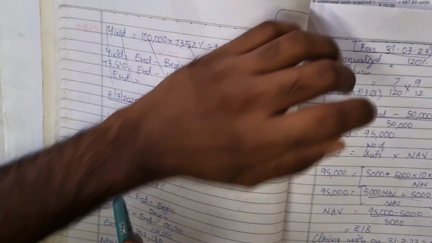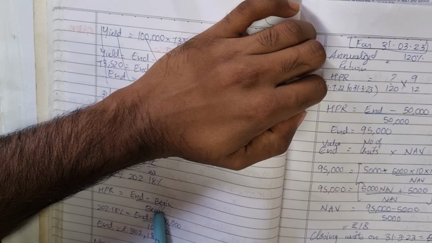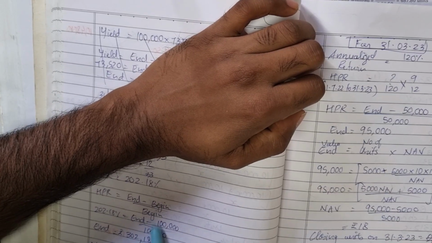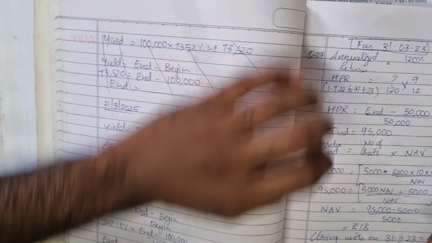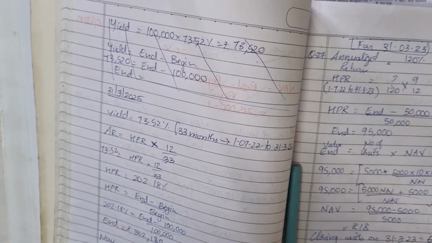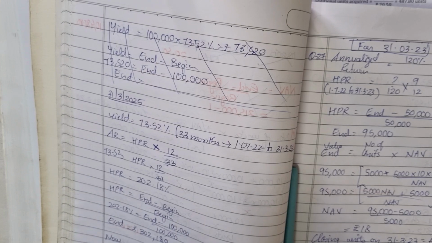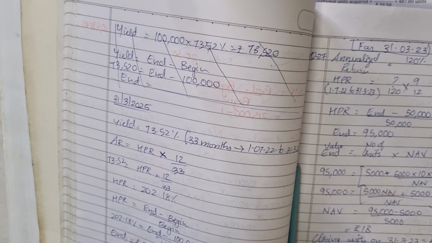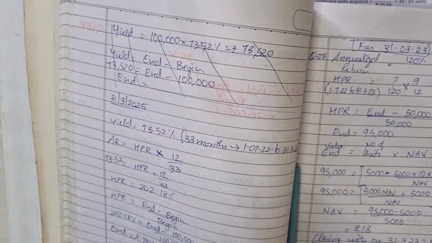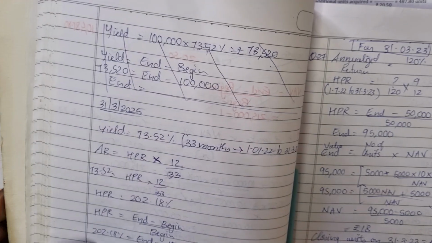Holding period return in percentage is what? End minus begin divided by begin. 202.18 end minus begin. So I'm getting end value as 302.180. Now units into NAV at end. Units is how much? 11,292. NAV is not given. End value we know, 302.180. NAV we get as 26.75. Using the same formula, we'll calculate